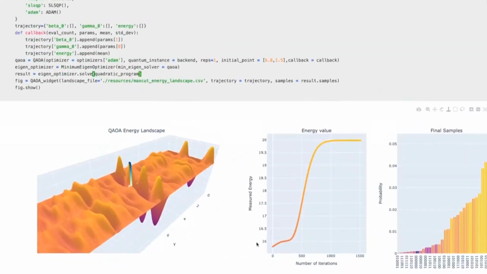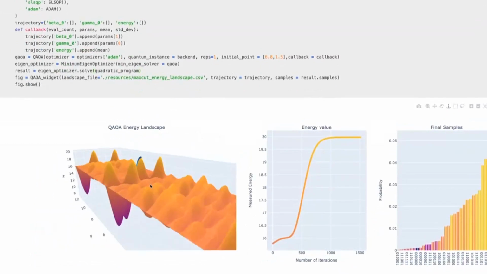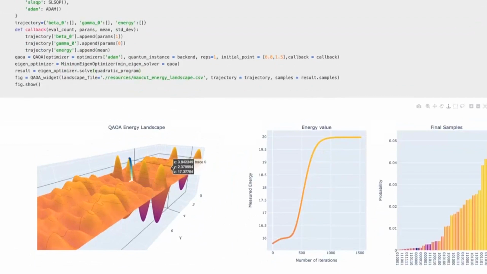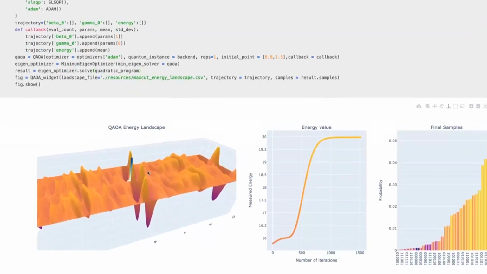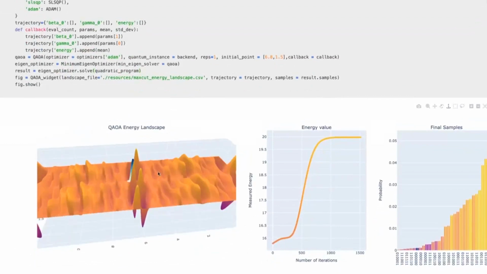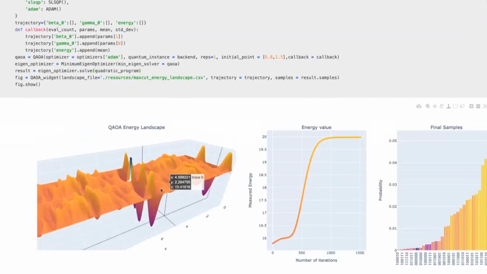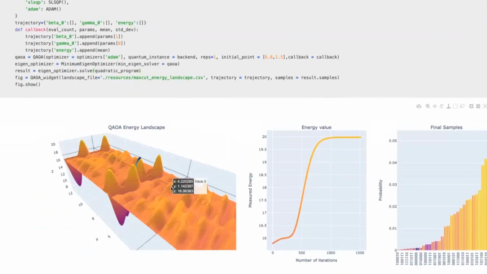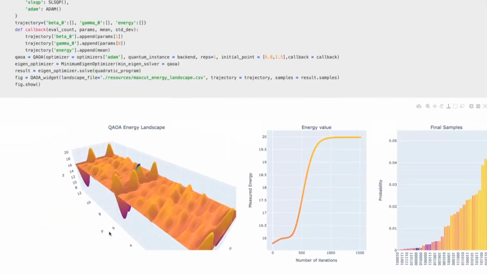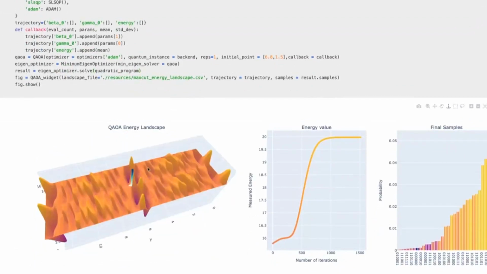Maybe let's go from left to right in this widget. On the left, you can see the energy landscape of the problem. On the X and Y axes, we have the gamma and beta parameters. It's a little finicky to turn this, but we should be able to see if we zoom out a bit. And then on the Z-axis, we have the corresponding energy value for the trial state of these parameters, beta and gamma.